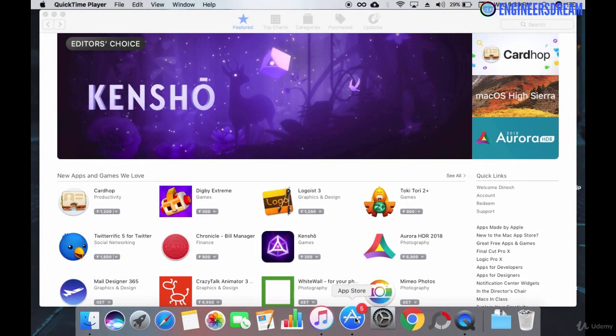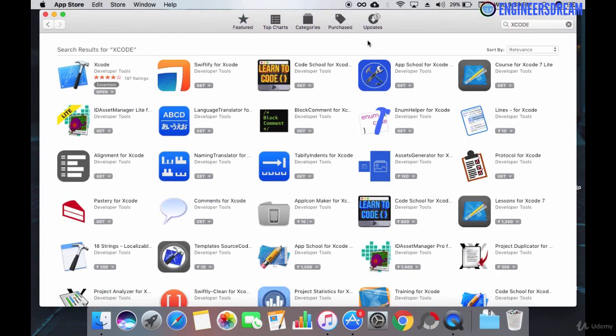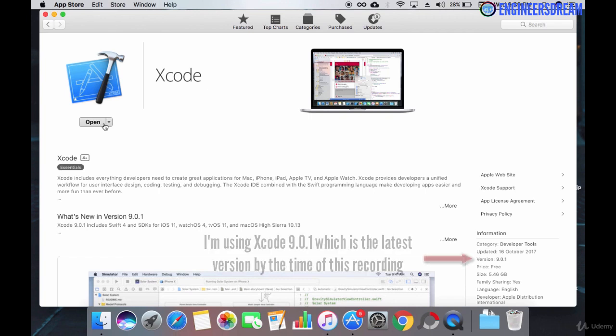For installing Xcode, you first have to open the App Store and in the search field you will type Xcode, and as you can see this is the Xcode software, so I'll click on it. For installing it, you first have to click on the Get button, which you will see over here, and after this you will click on the Install button. After a few minutes the Xcode software will get installed in your system. Now, I've already installed the Xcode software in my system, and that's why instead of getting the install button, I'm getting an open button over here.